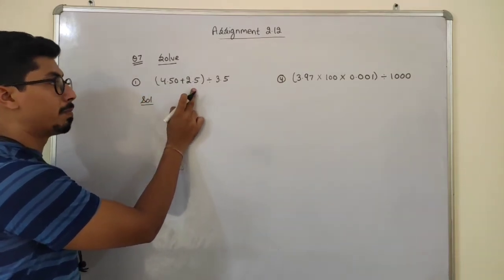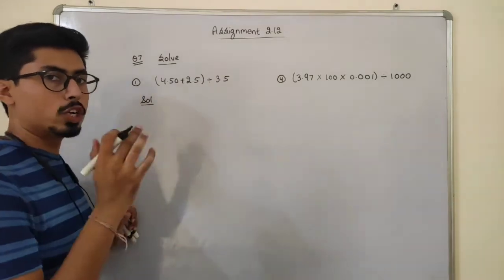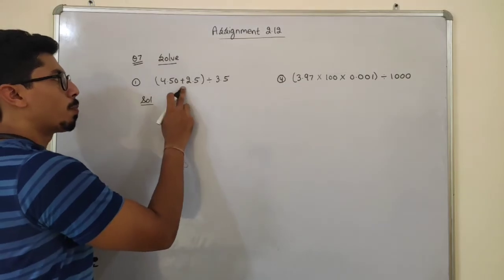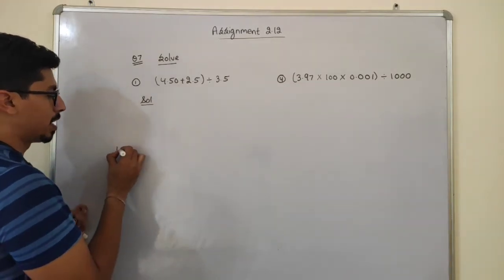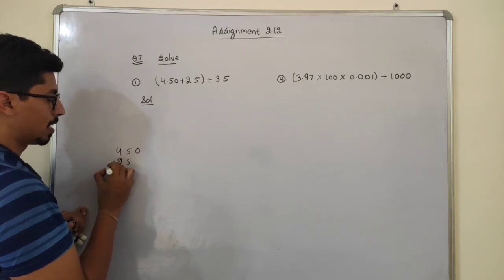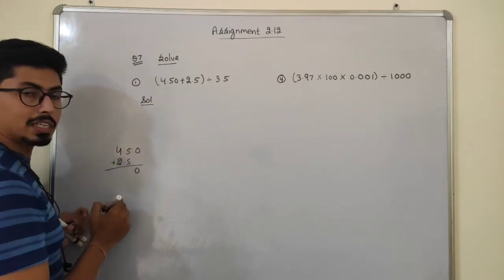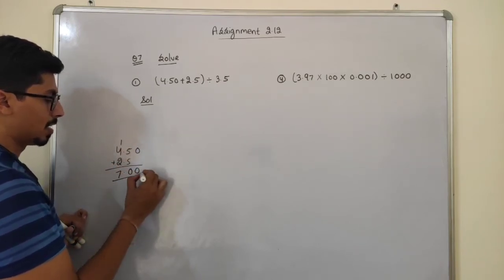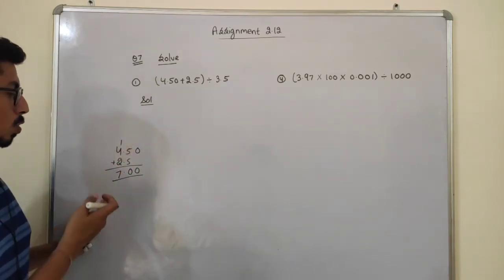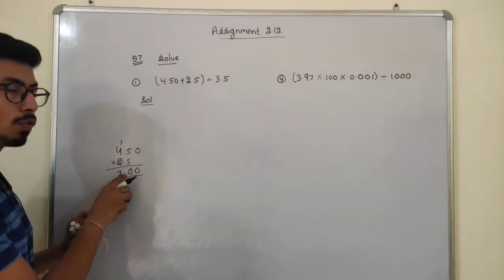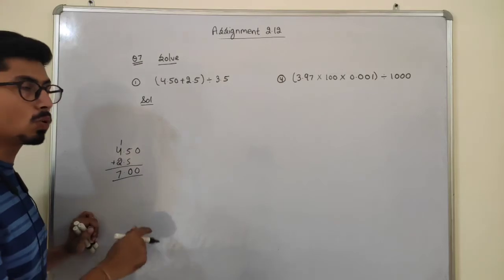4.50 plus 2.5, but it is in a bracket. So according to the BODMAS rule, we have to solve the bracket first of all. So 4.50 plus 2.5. See, 4.50 plus 2.5, students. It can be written as 0 as it is, 5 and 5 are 10, 1 and 4 to 6. Okay. So it will be 7.00. That means it is 7, because if I just remove the decimal, 2 zeros cancel out with 2 zeros.